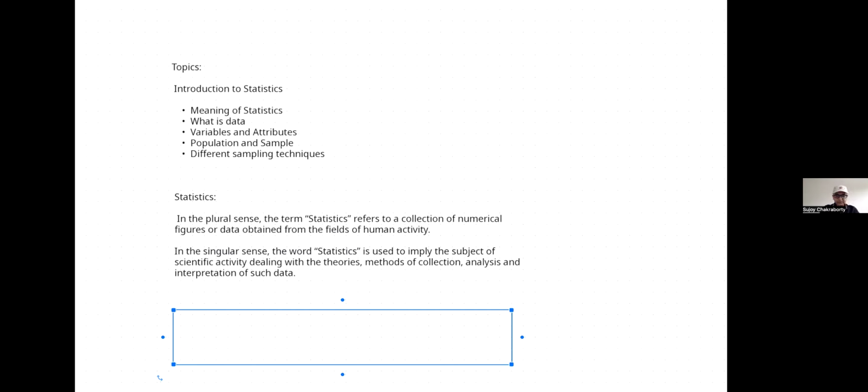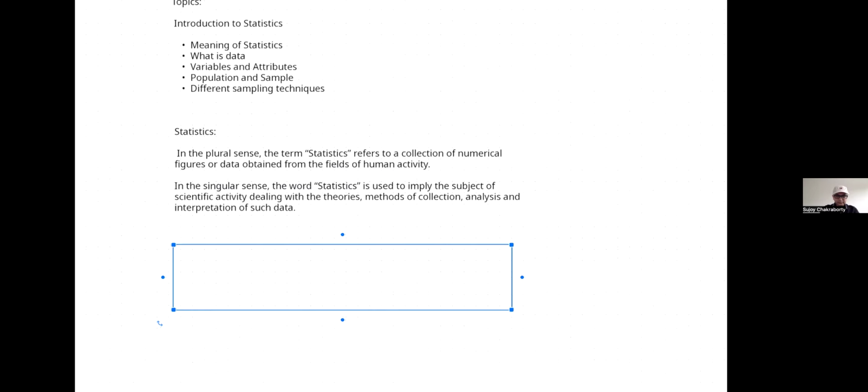A single fact is of no interest to a statistician, right? And of course, it must be related to some field of inquiry,